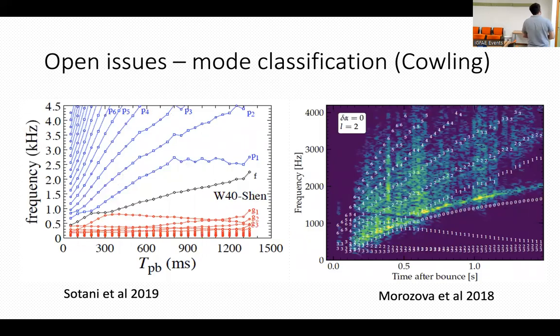This is what they get. But you can see here that they also have this avoided crossing. When the F mode goes down and it starts to cross with the G1, the frequencies go up and down and they never cross, even if you see that the F mode should go like this for the whole time. This has this kind of problem. Also in the work with Morozov in 2018, they have the same. You have the zero node, the fundamental node, that essentially at some point disappears. It starts to cross other kinds of modes, and the zero node disappears. So this kind of classification has the advantage that it's very easy to compute,